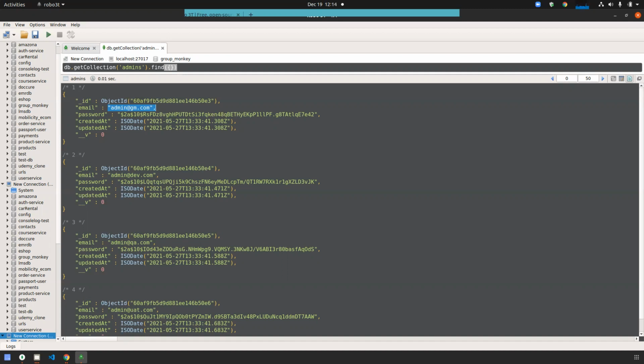So this is the JSON. I'm opening VS Code.